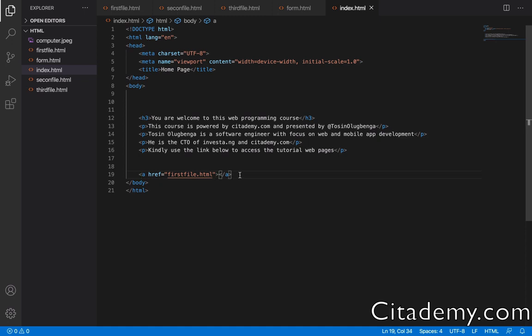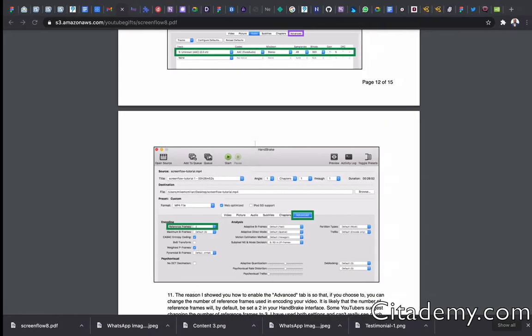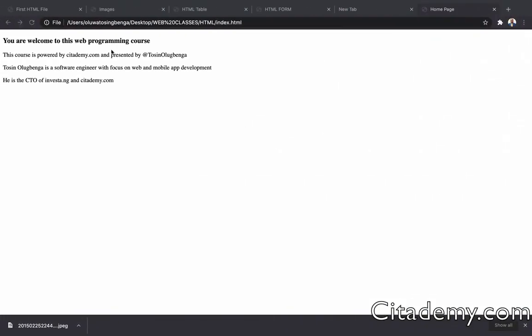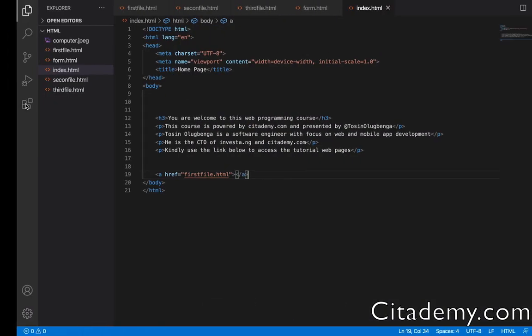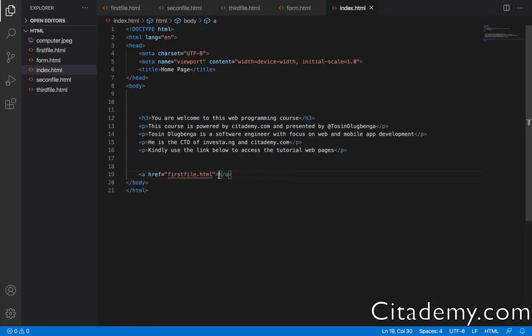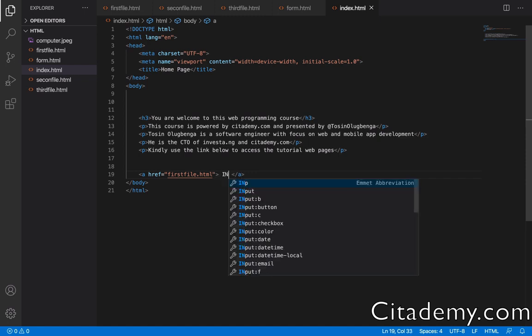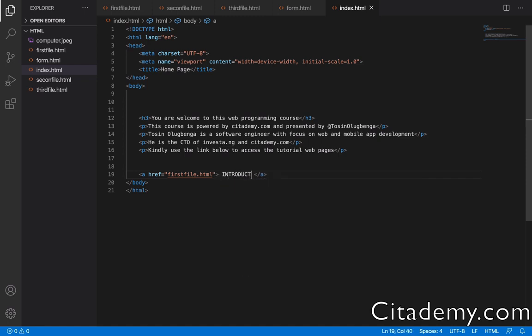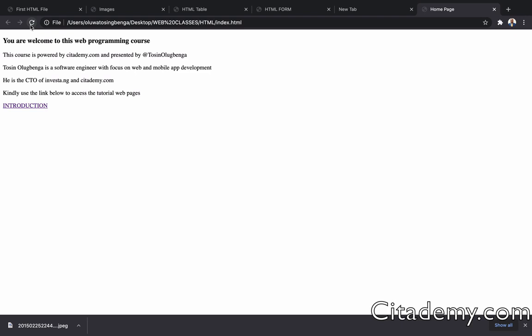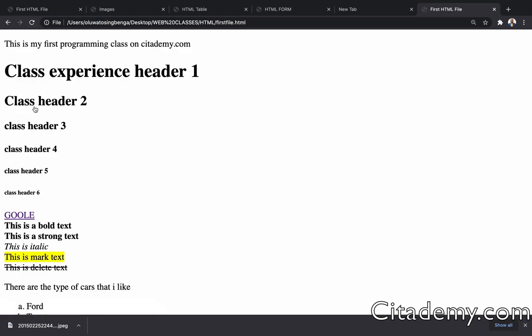If I just click save now, and I check here, all right, nothing is showing because I did not write anything inside the link tag. So I'm going to say this is introduction. So that is the introduction file. If I come back here, good. If I click introduction, it brought me to